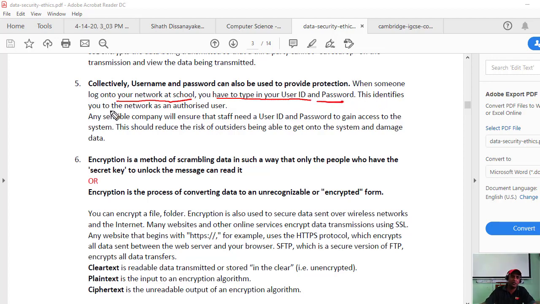This identifies you to the network as an authorized user. Actually, not authorized, this should be authenticated.